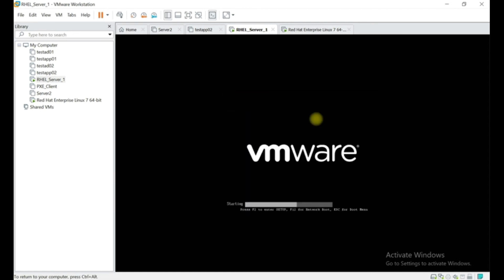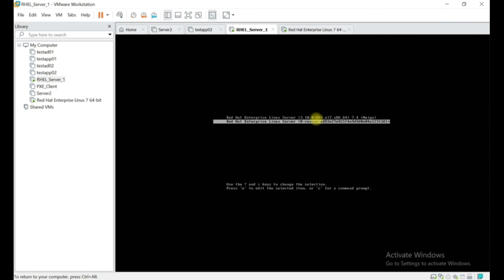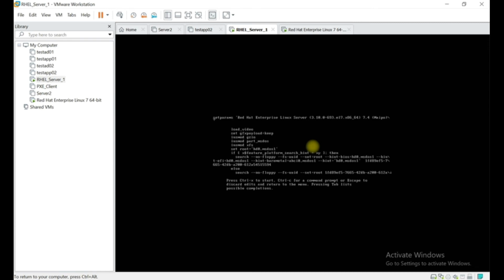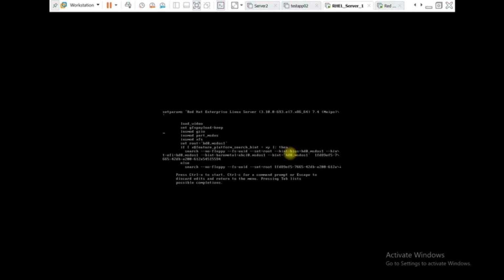discard the changes, and here you can see this is a grub page where it gives you the options to select the operating system, and if you don't select anything, it will select the kernel which is mentioned inside the boot file system. The boot file locations I have already shown you. So let's go up and edit, and see what is inside this grub. I think this is a little bit small for you guys. Let's make it bigger.